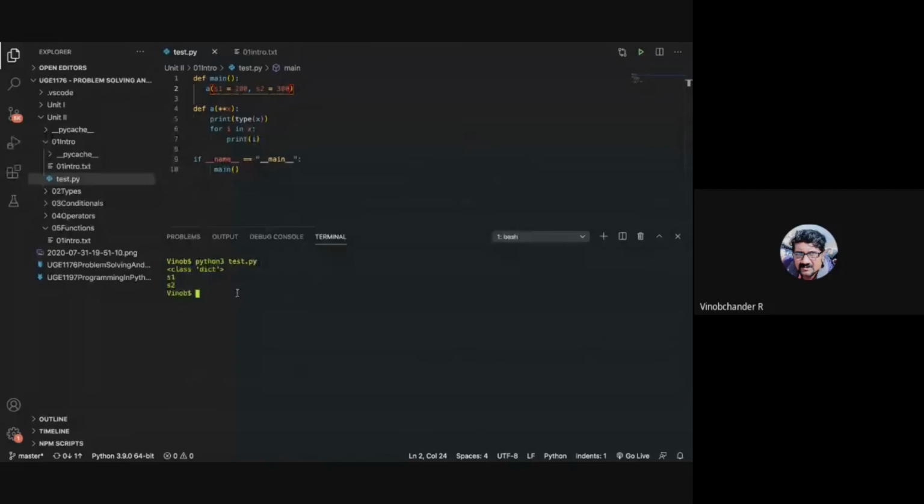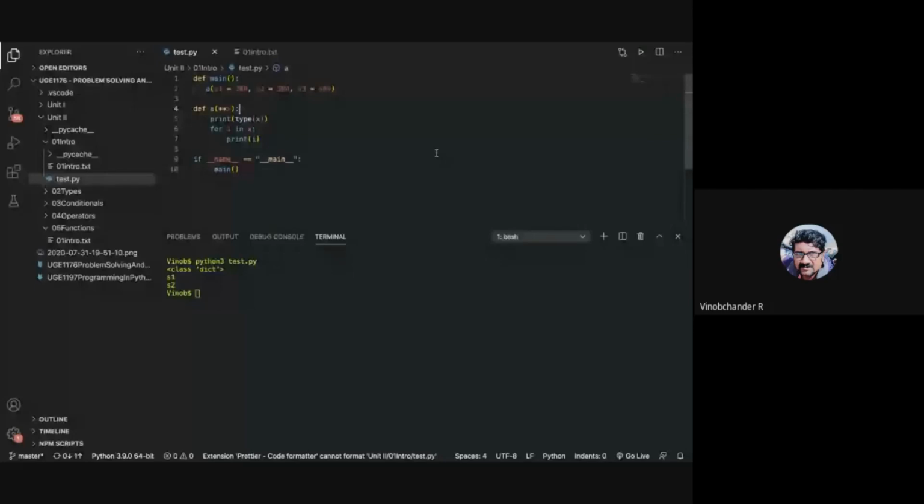If you want the values also, what can you do? 200 and 300 here. Before that, let me pass another now. Say S3 is equal to 400. Now this is going to give me S1, S2, S3. If I now want the values as well, what I can do, I can probably do a.